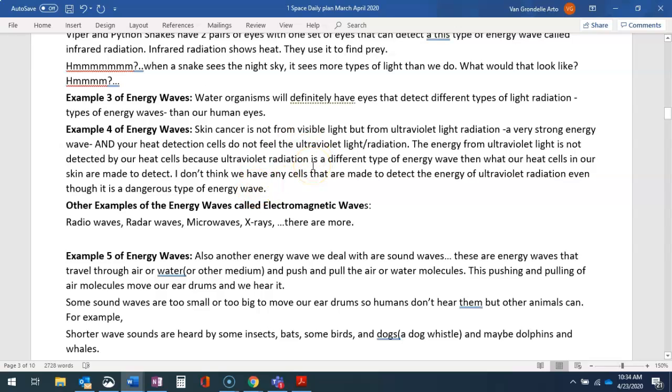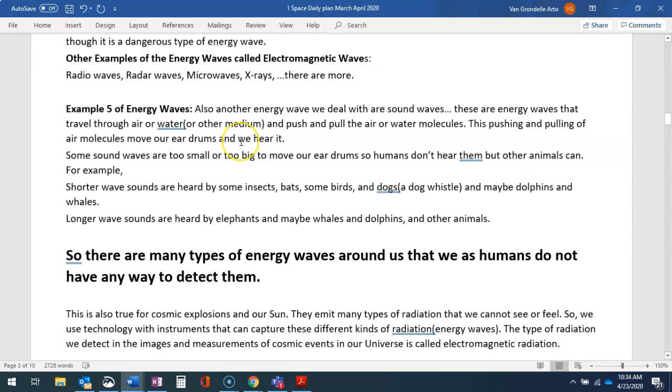Okay, so ultraviolet radiation is a type of electromagnetic radiation, which is also like light. There are many types of electromagnetic radiation, but we can only detect a few of them. And again, that's a type of energy wave. Other examples of energy waves called electromagnetic waves: radio waves, radar waves, microwaves, X-rays, and there are more. Okay, so example 5 of energy waves